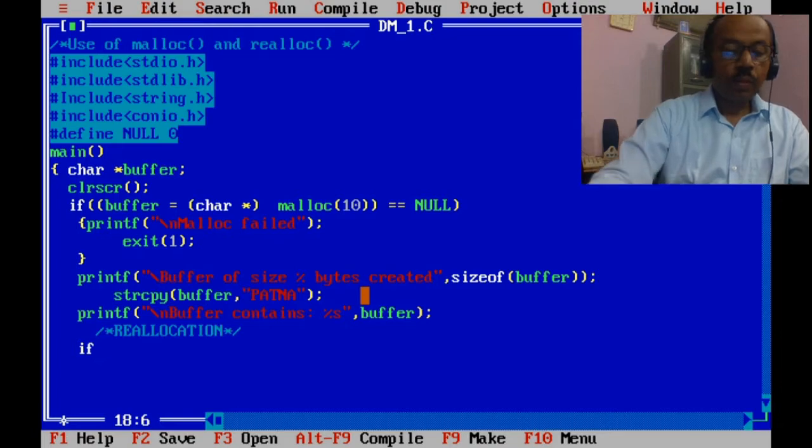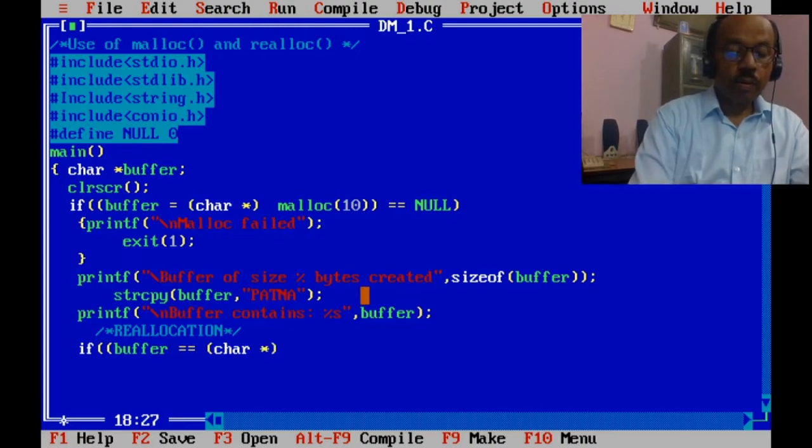Again, if buffer is equal to (char *) realloc buffer.